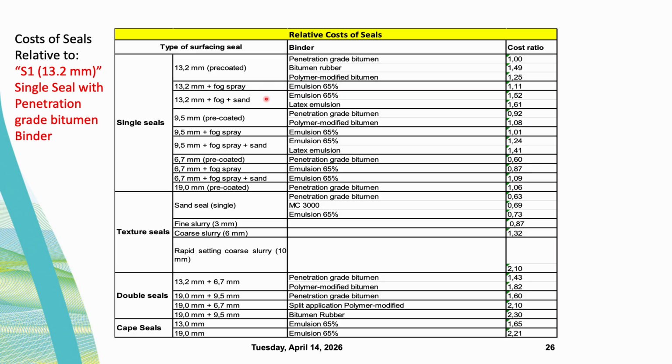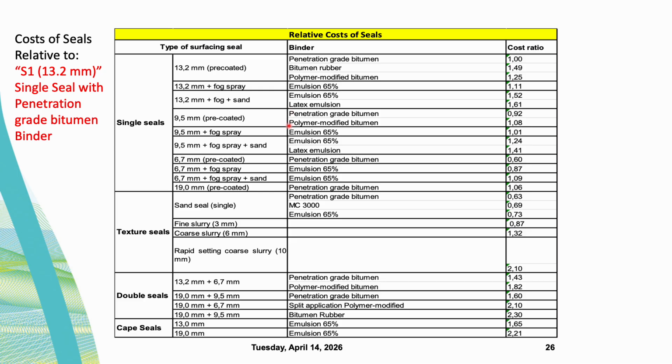If you add sand, and it is just an emulsion of 65% emulsion, it's 1.52 times the top one, penetration grade bitumen of 13 millimeter pre-coated chips. So what you can see from this table, it is ranging from 1, or 0.92 actually is the cheapest, is the 9.5 millimeter pre-coated chip. Depending on the conditions in Rwanda, this table might change, but this is a first off the cuff indication of